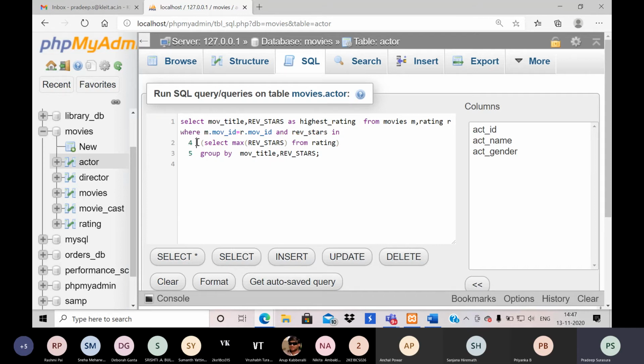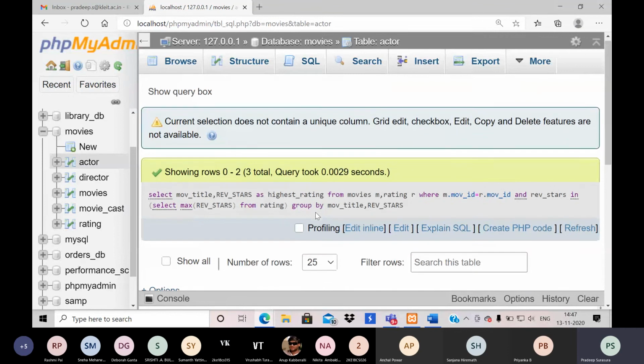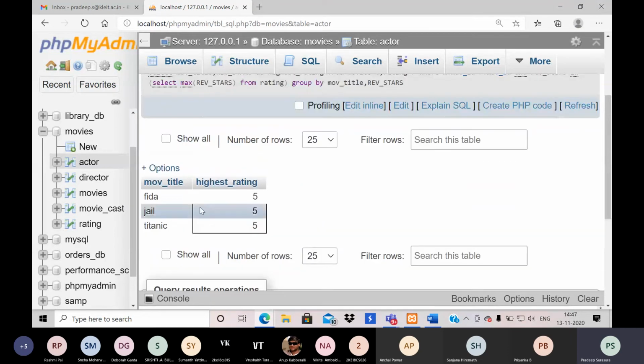So very simple query. So with respect to each individual movie, we need to rate them. So I do have these 3 movies which has highest rating.